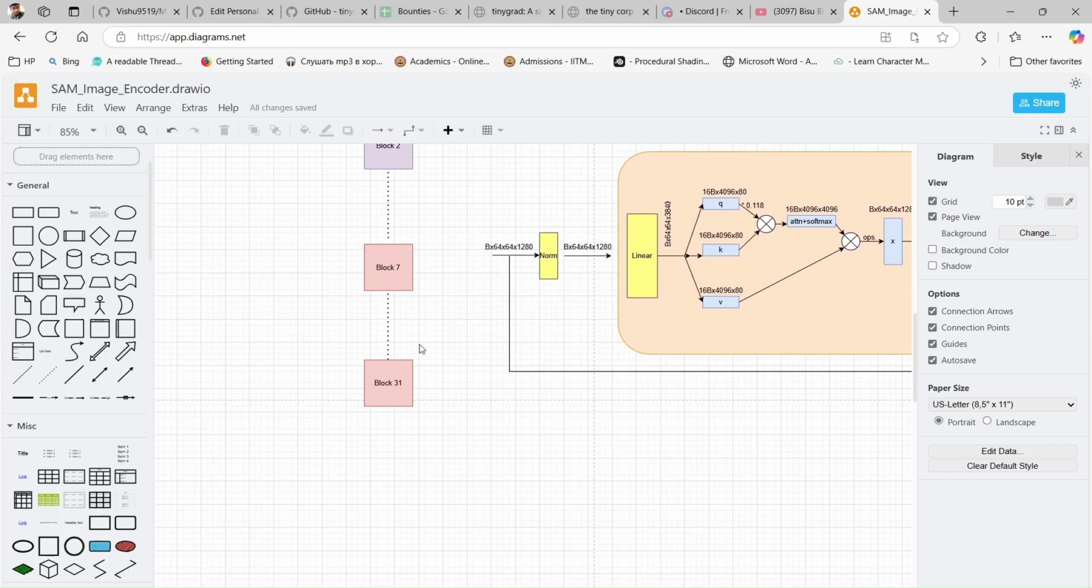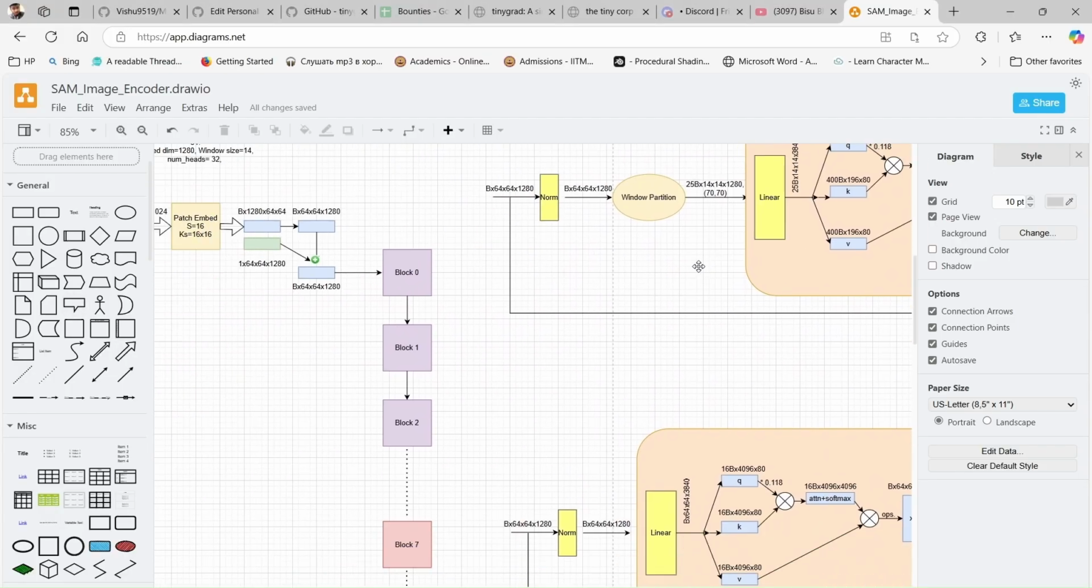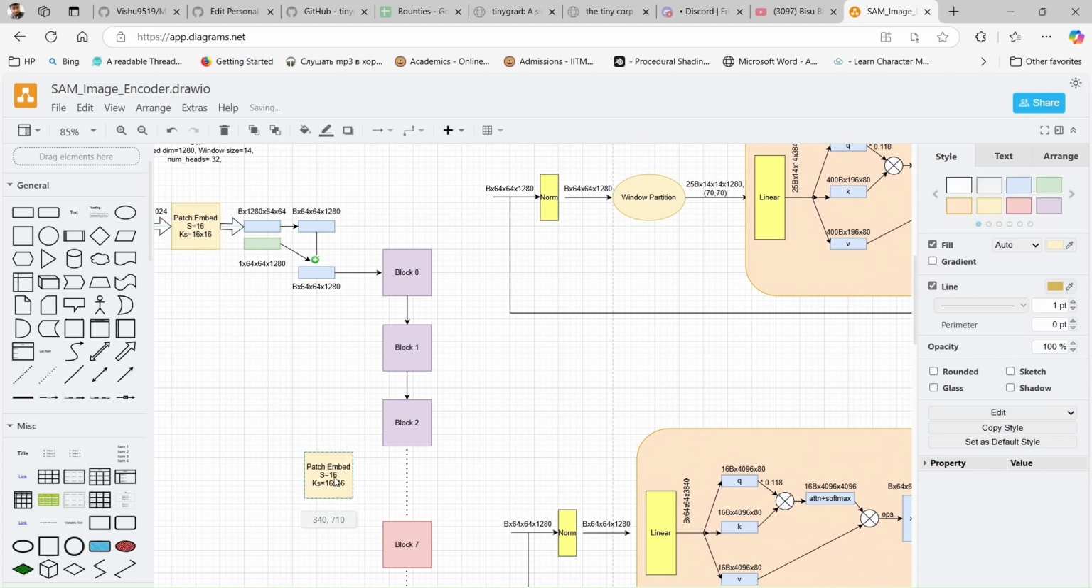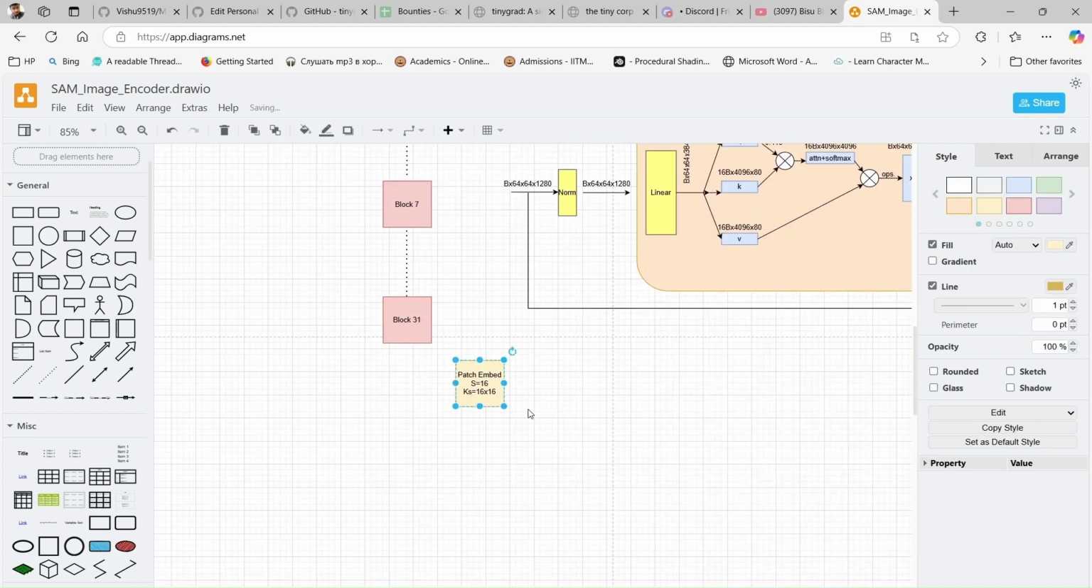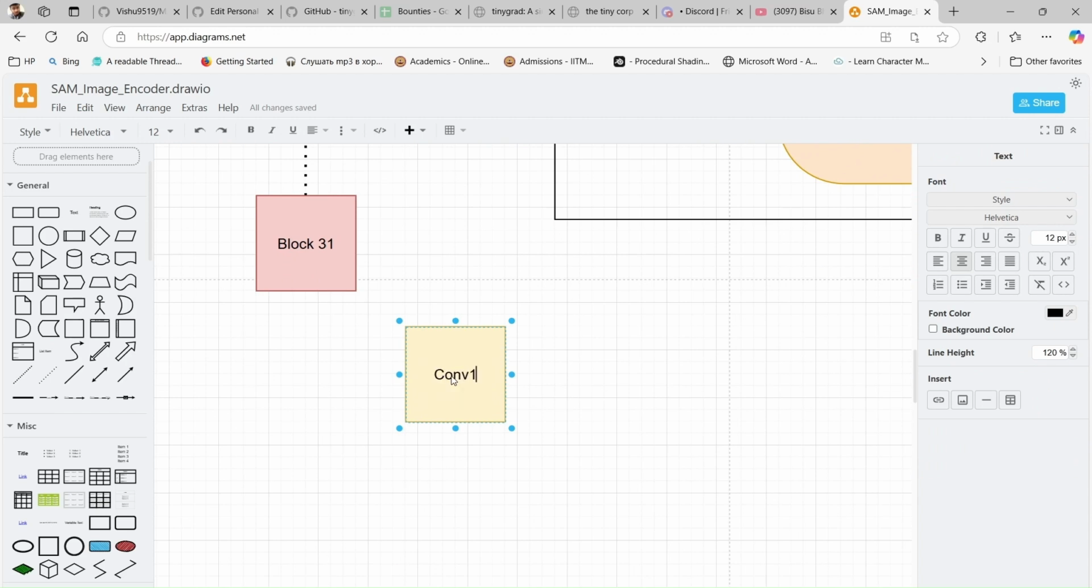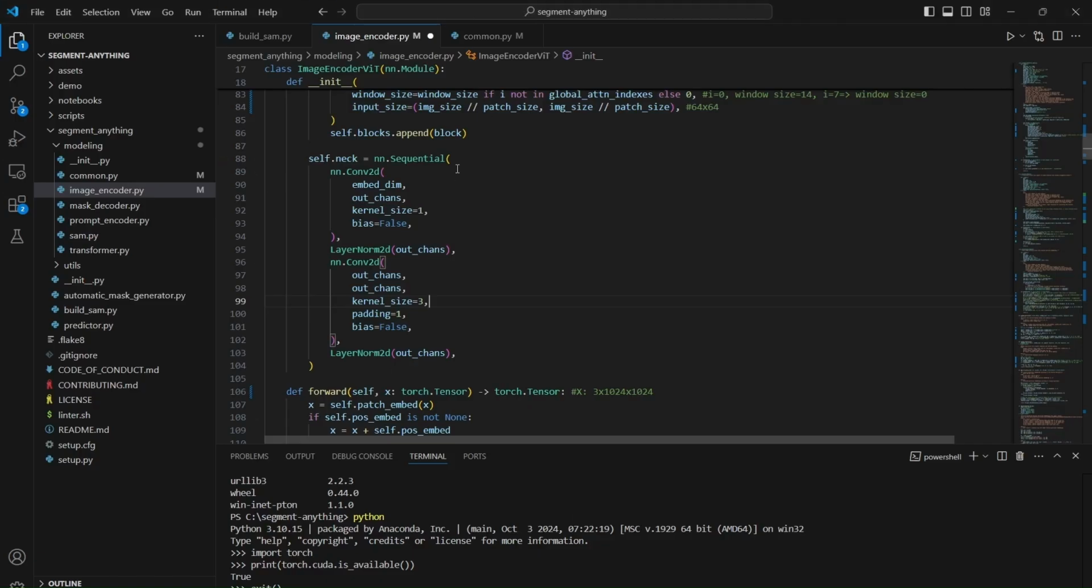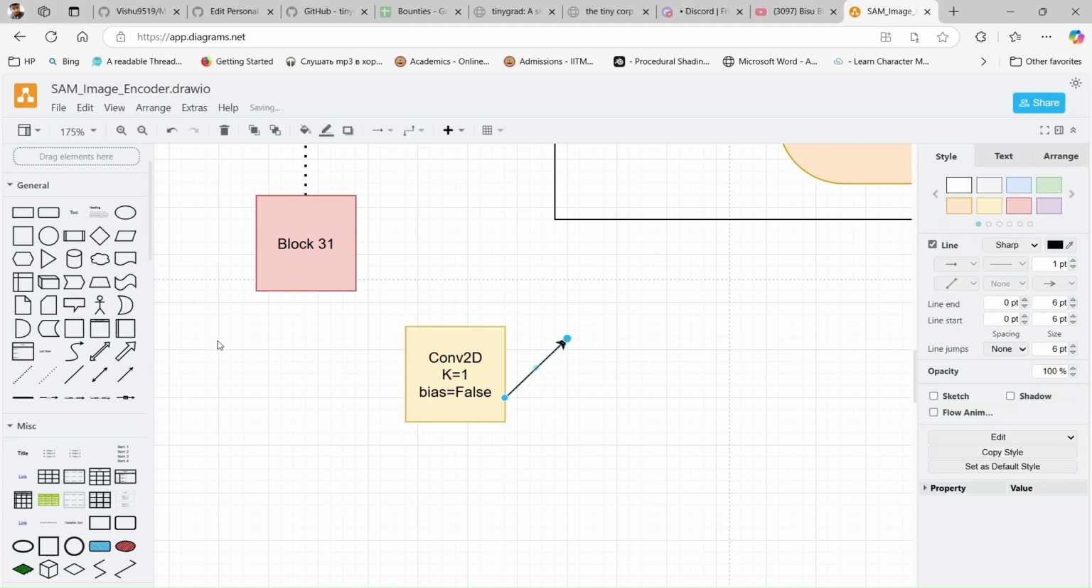So basically what I will do is, since it's just about convolution layer, I'll just copy this one, right? So this would be our conv1, conv2d. It will have kernel size 1 and bias is false, right? As we can see here, the bias is false in both of these convolution layers. Kernel size is 1 and input dimension is 1280 and output dimension is 256, right? So here what will happen is,